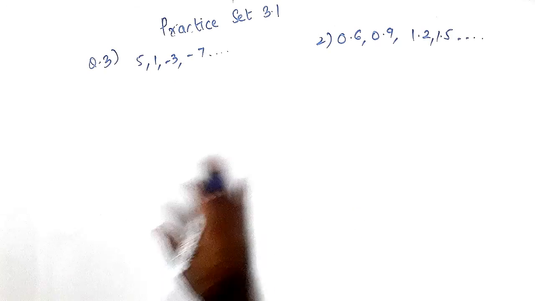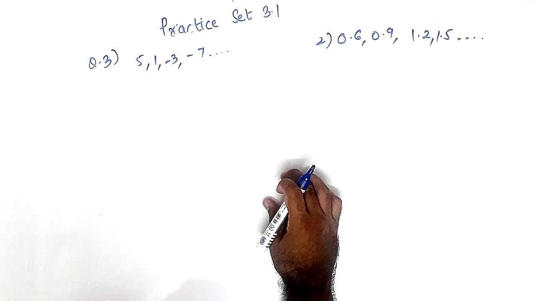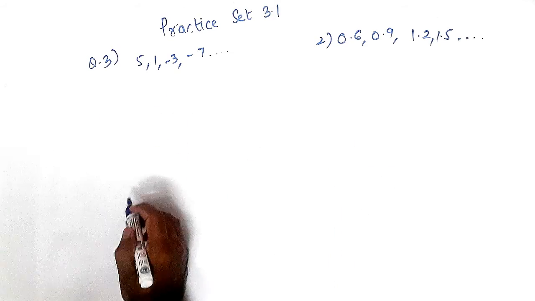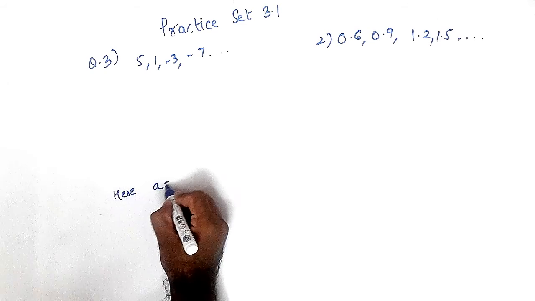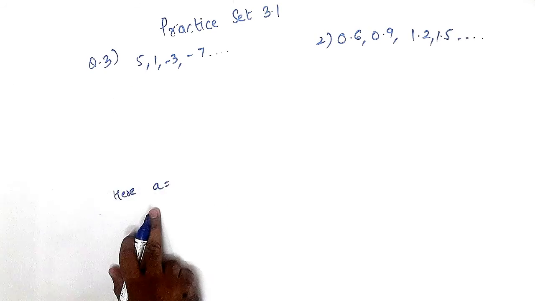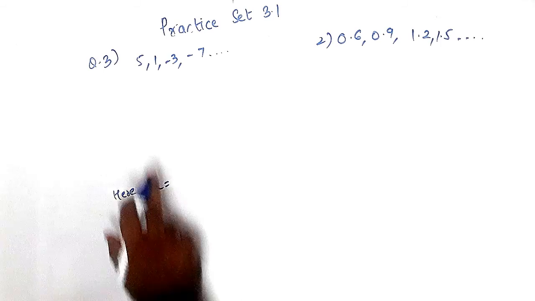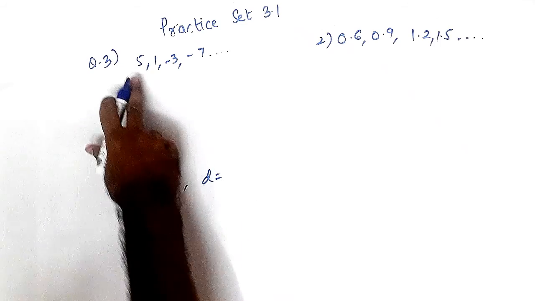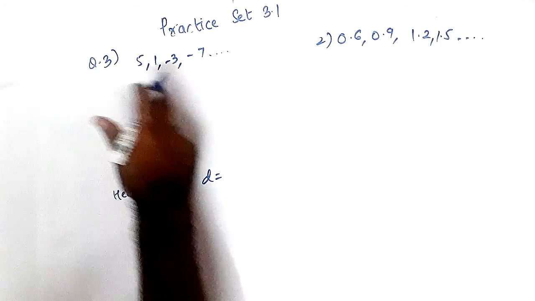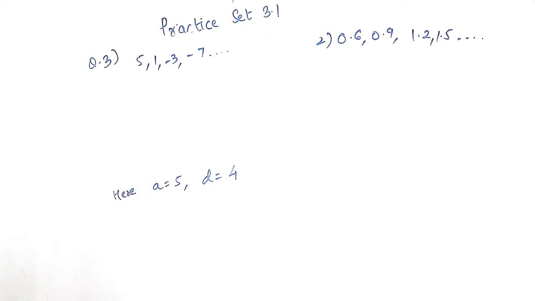So again, because the sums are so easy, I am writing from below. Okay, steps we will do later on. See how. Here A means the first term, or you also call it T1, but we will write here A. A is what? 5. Can you tell me what is D orally? Yes, 5 minus 1 is how much? 4. So the difference is 4.